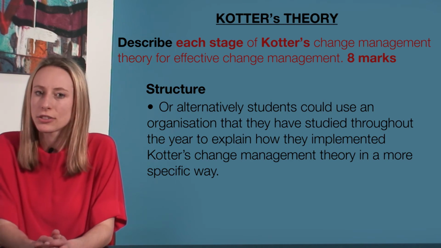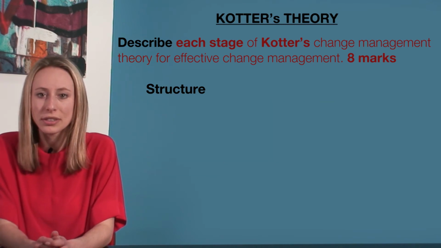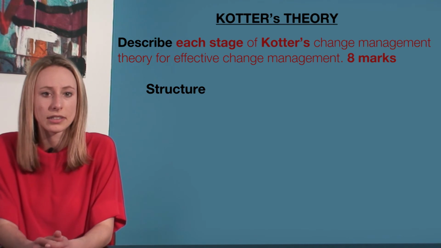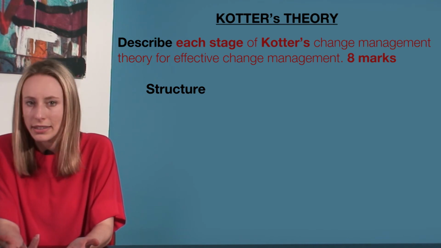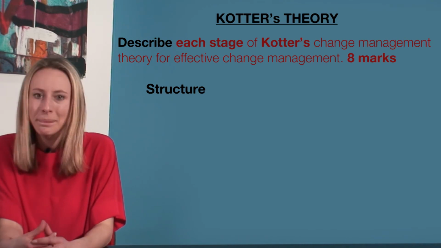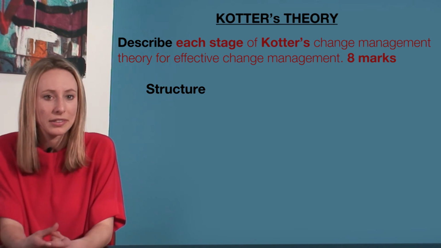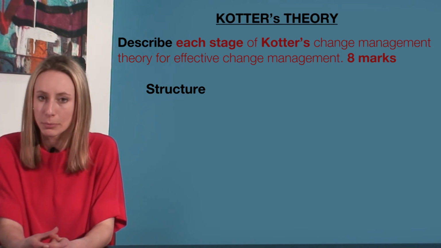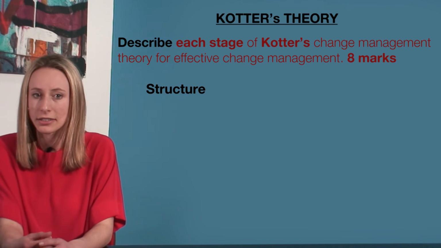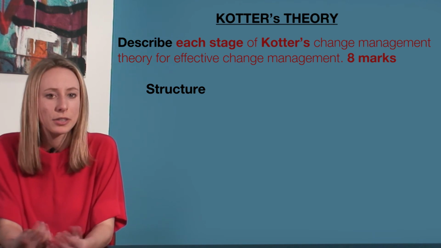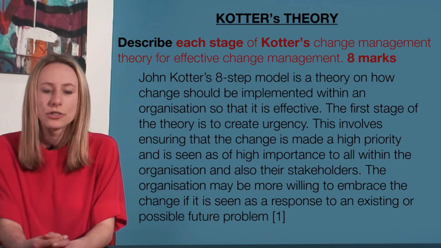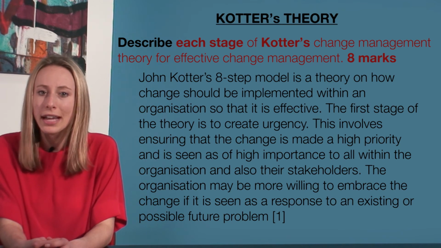As this question is based on a sequential process, it is best to address the theory in the order it's conducted: the first stage, the second, the third, etc. As this will require a lengthy response, it may be best to address 4 steps in one paragraph and 4 in the second. An example of a response is: